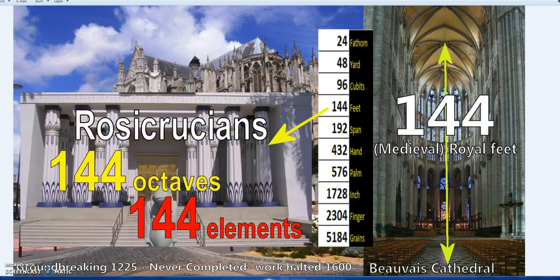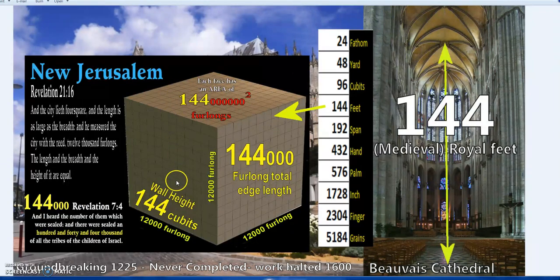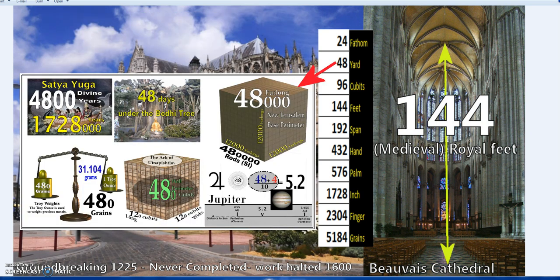So the Yugas, Mayan calendar counts, Rosicrucians, 144 octaves, 144 elements by their teaching, and Ark of Utnapishtim, 1440, New Jerusalem, both the walls of New Jerusalem, 144 cubits, but there are also other connections in there. But it's throughout the Bibles, for instance, the 12 tribes, 144,000 each, so 144,000. So across time, across cultures, across the world, these numbers do pop up in these very important myths and these very important structures. 96, like dots per inch in printing, 48 again, Ark of Utnapishtim,